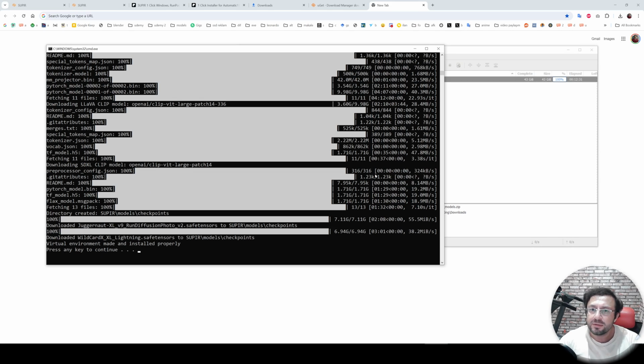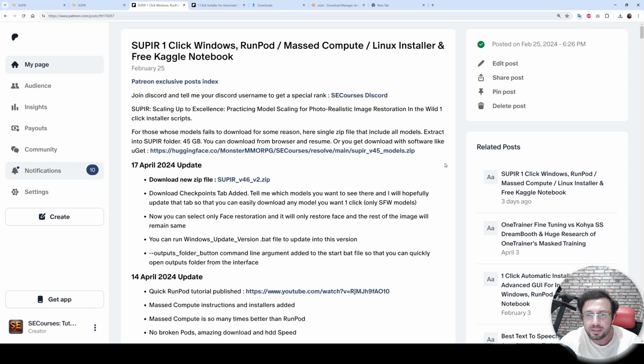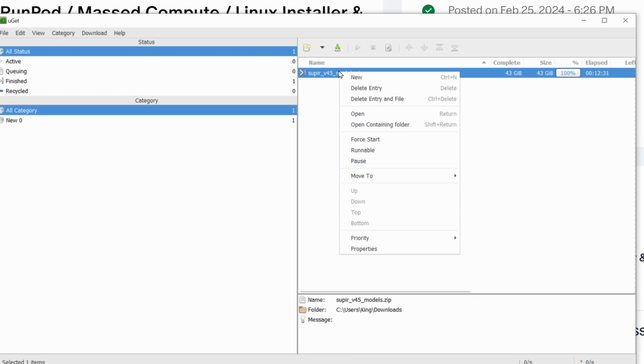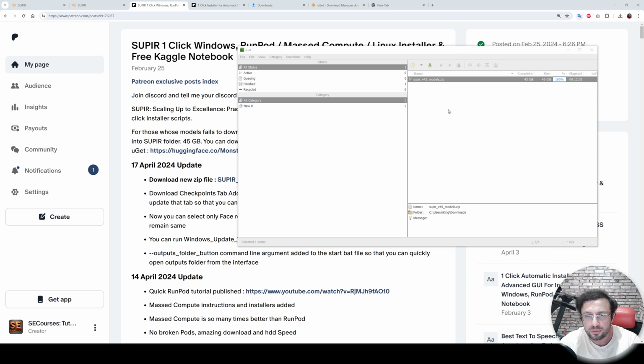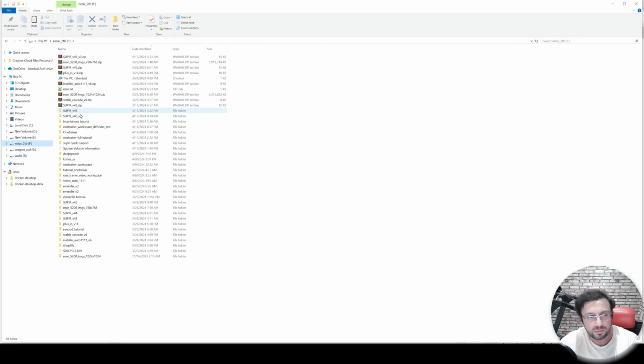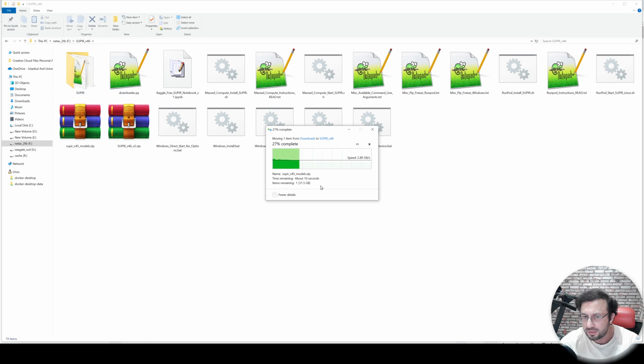In some cases, you may get errors while downloading. Your computer may have problems while downloading. In that case, I suggest you use this as a base and download. So after you download it this way, how you are going to use it: let's go to the downloaded folder, let's cut it, then move to our installed folder, for example, super version 49, paste here. This is a huge file.